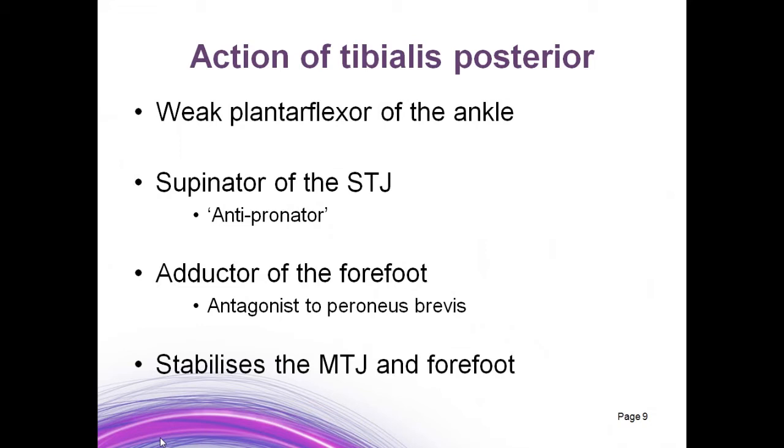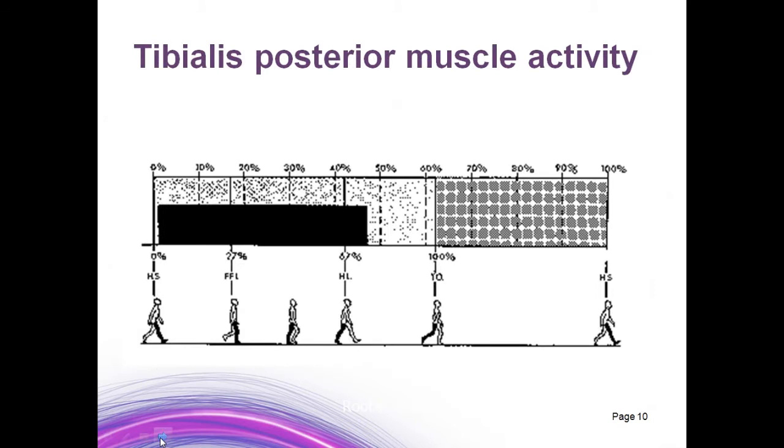When we consider the action of the tibialis posterior during gait, I guess its main function is its antepronator action, and this typically occurs in the early stages of gait, mainly from heel strike to mid stance, as it attempts to decelerate foot pronation. Tibialis posterior tendon dysfunction can be caused by, I guess, a number of events, and these